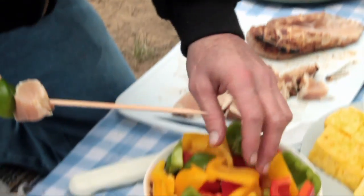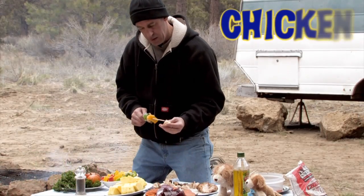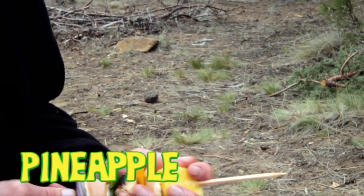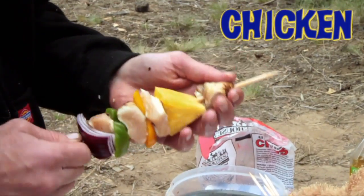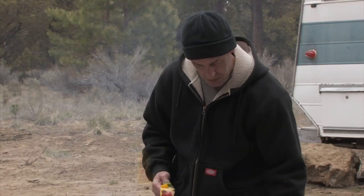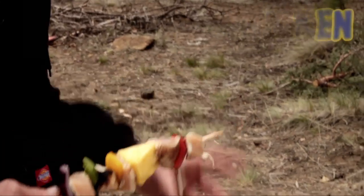Now we're going to do a piece of yellow. Do one more. This is going to be good. Pineapple in the middle. Skewer through. Boom, another chicken. Again, cooked side to cooked side. I need some red. One more piece. There we go for a baby. Right there. And then